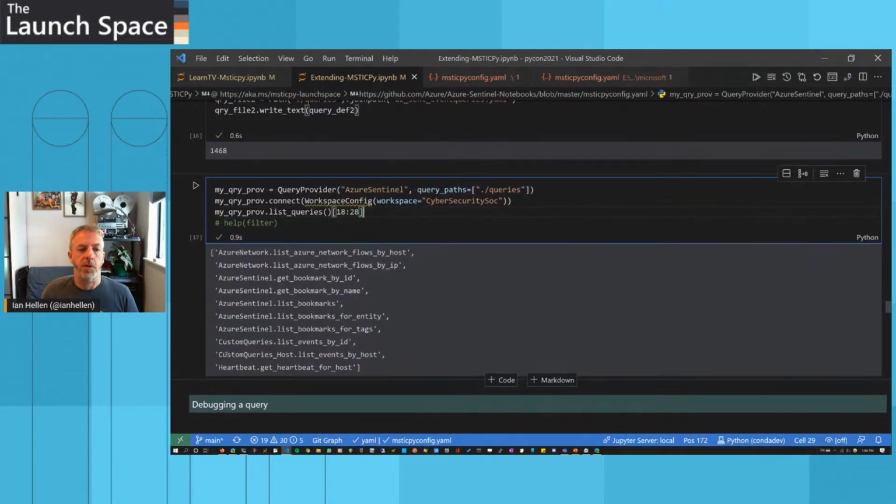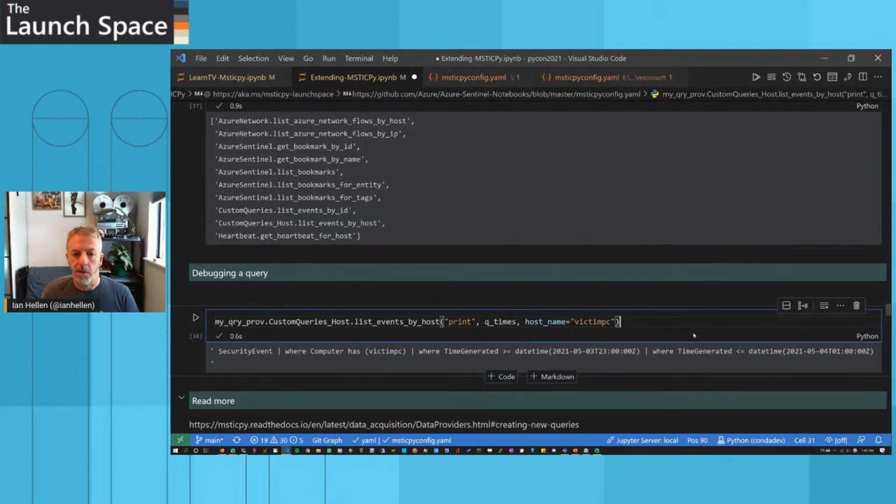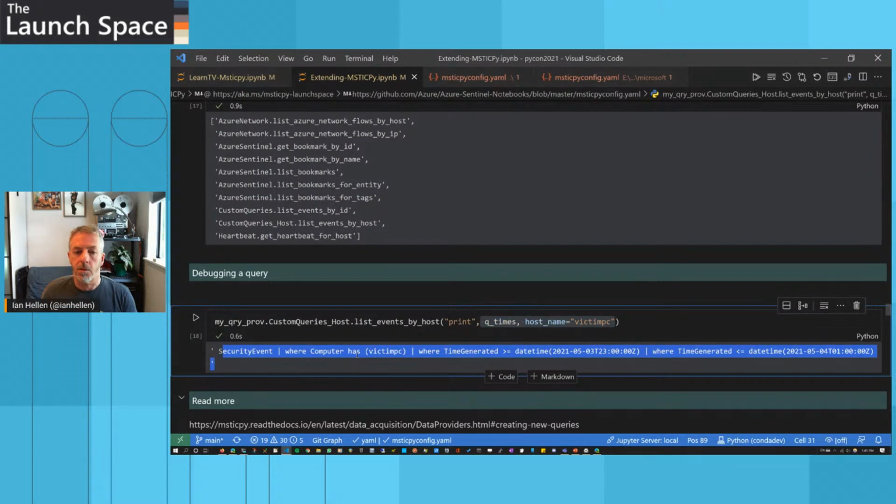And one of the things we did is, for one of the queries, we defined locally a different container name for this. So this appears in a separate container from the default for the file. One thing that's useful for debugging queries is this print. If you put print there, plus all of your normal parameters, it will produce a string, which is the completed query that's going to be executed against your